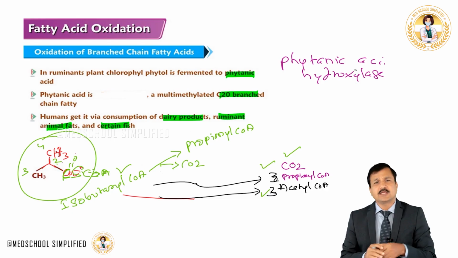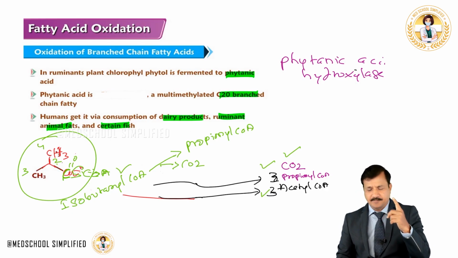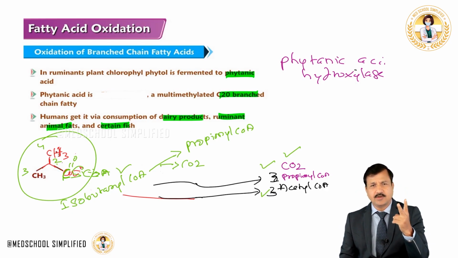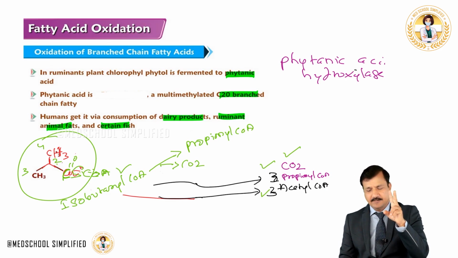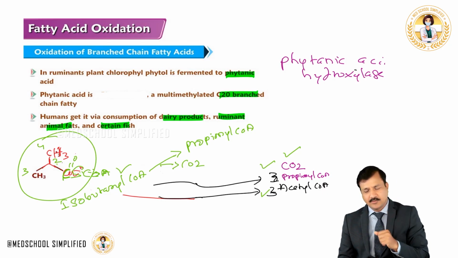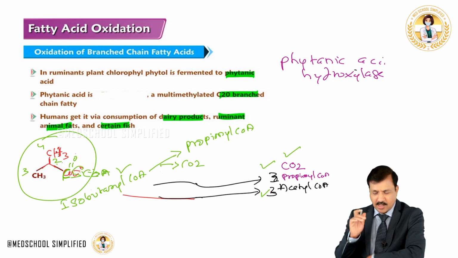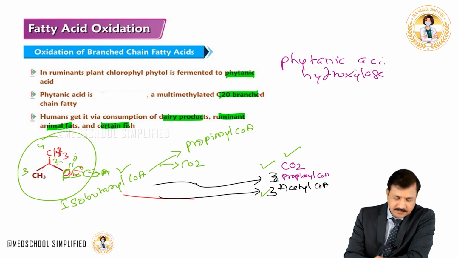One is, you can say 1 carbon dioxide, 3 propanenyl-CoA, 3 acetyl-CoA and 1 isobutyryl-CoA. That's one way of saying it. Second is, you can say it as 2 carbon dioxide, 4 propanenyl-CoA and 3 acetyl-CoA. How? Because you see, initially I have written carbon dioxide here, 1 carbon dioxide, and